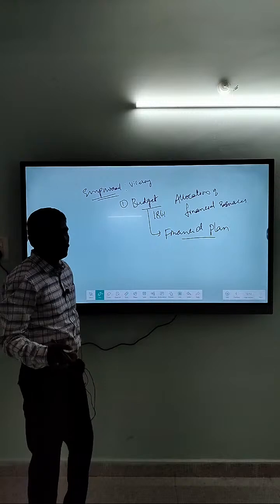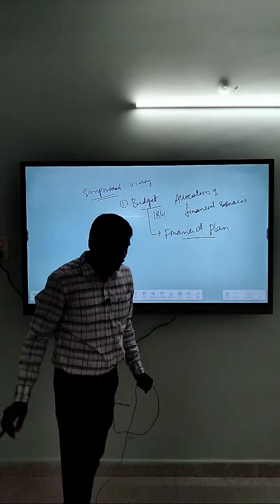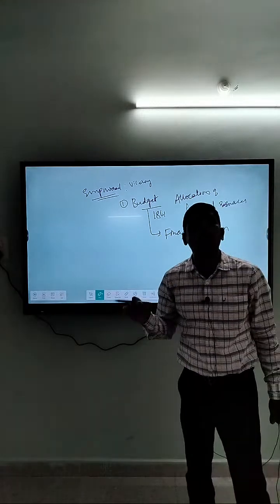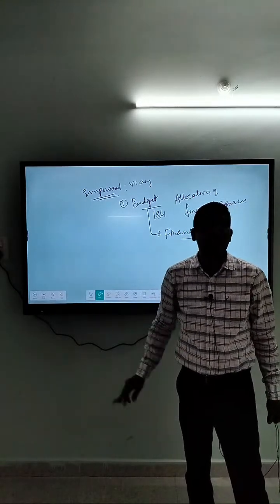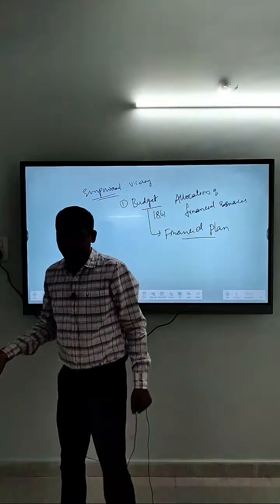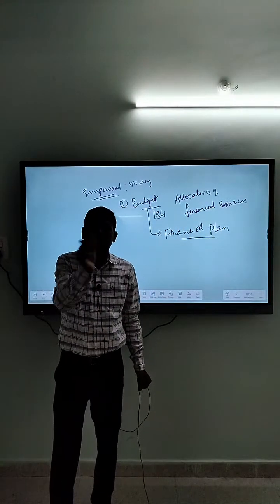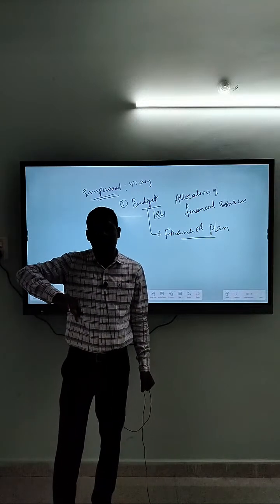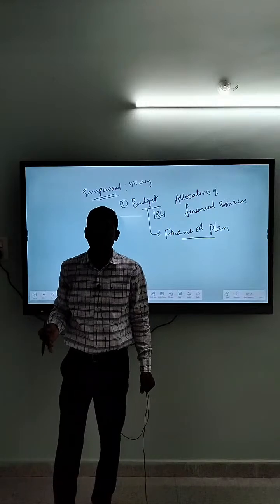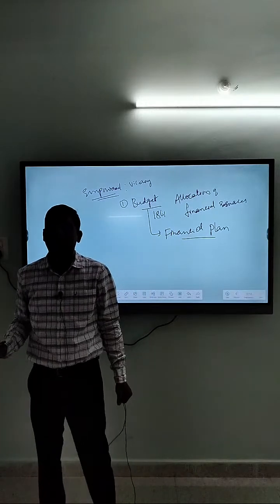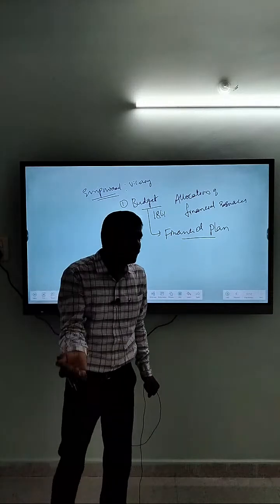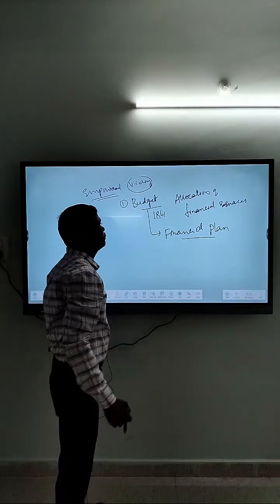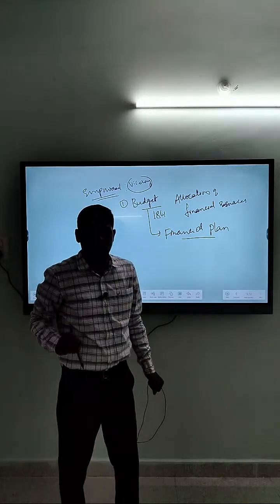So it is for the first time the Viceroy was given this power to make budget, a common budget for center as well as provinces, right? So today if you take the present day system, we have center having their own budgets and every state having their own budgets. But in 1861, when this budget was introduced in India, it was a common budget. It was a single budget, right? And that budget is prepared by the Viceroy.